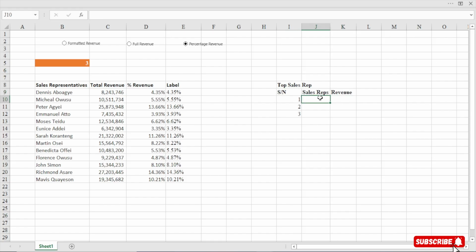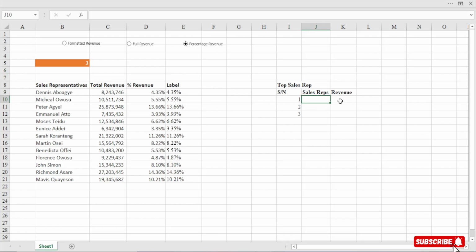Perfect. Now what we are going to do here is write a LARGE function, right? We are going to use the LARGE function to return the revenue. And when we are done writing the LARGE function, we will use maybe something like the VLOOKUP to return their names, right? Perfect.